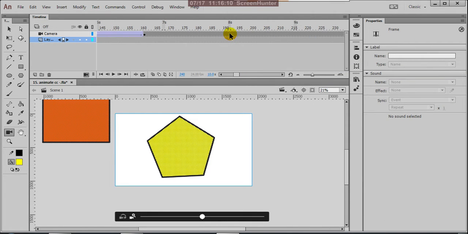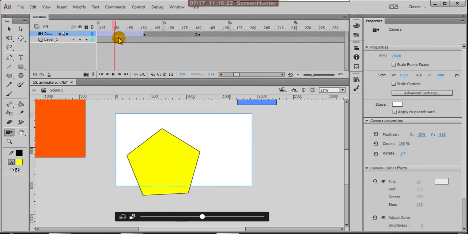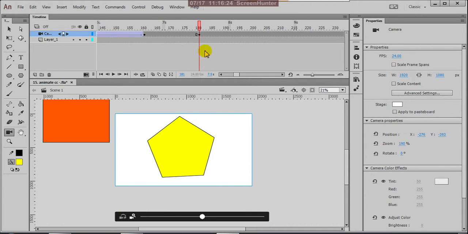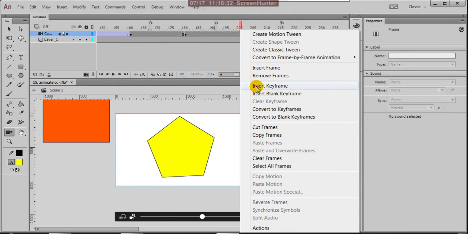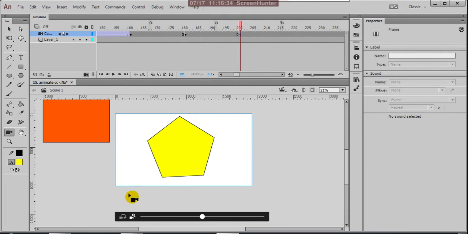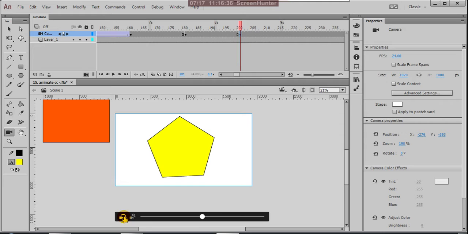Up to here the same frame will continue. After this, insert a keyframe here, and here you tilt your camera.